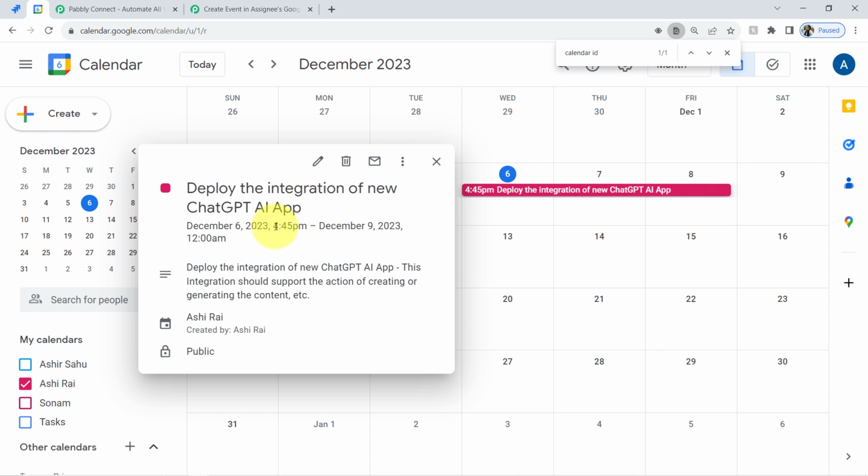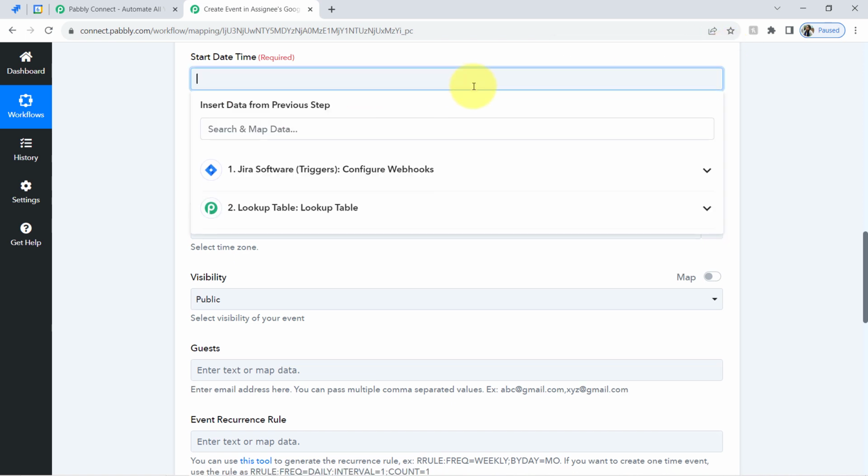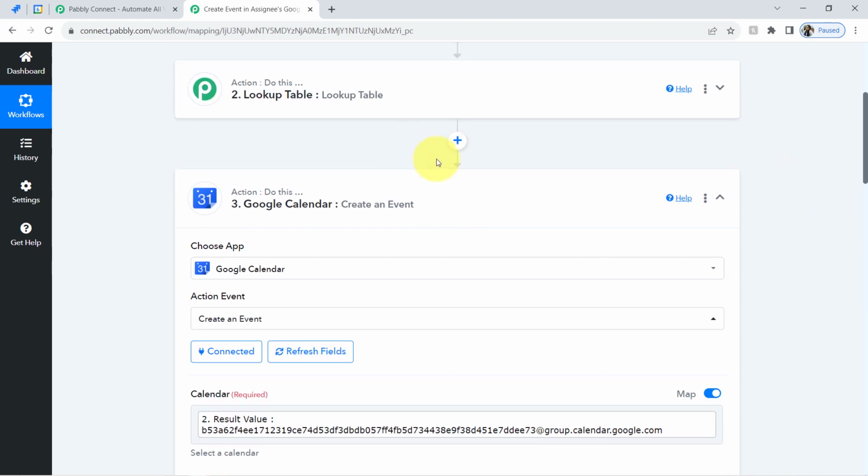Here we have the timing as 4:45 p.m. but we have provided the issue start timing as this 22:15. Now why is there a difference? Because we have fetched this date and time in the UTC format. So firstly we will have to convert this date and time from UTC to Asia Kolkata timing. Okay, so let me delete the same, and before this Google Calendar step, I'm going to click on this plus icon once again